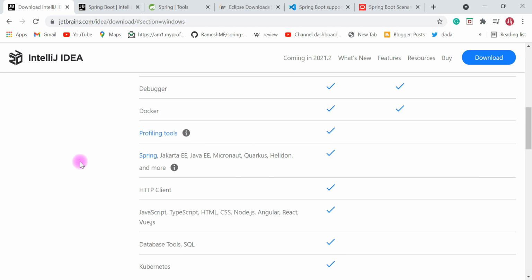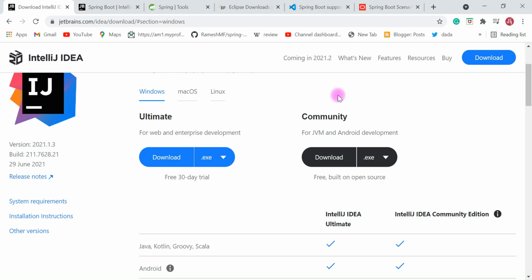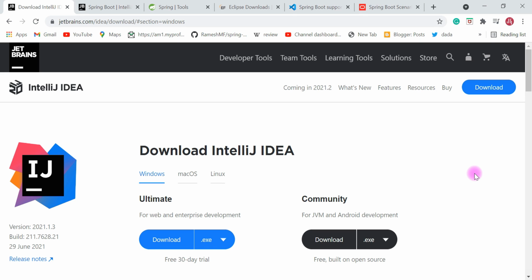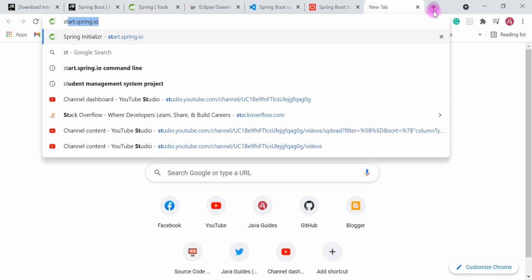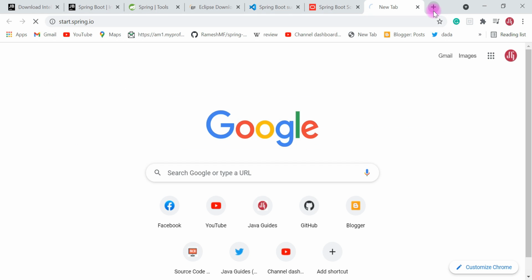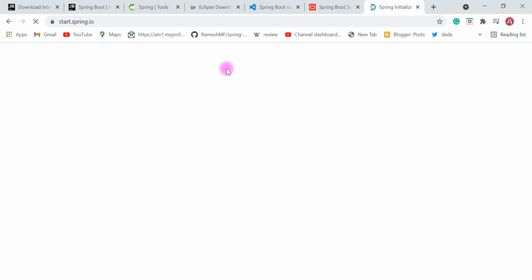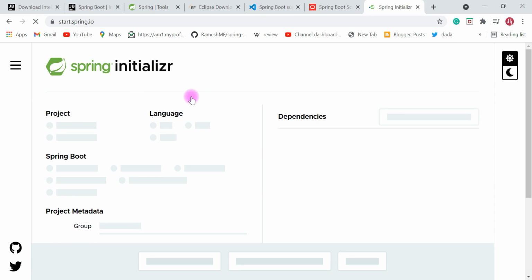All right, so even though IntelliJ IDEA provides a community edition, we can use it to develop Spring based or Spring Boot based applications. What you can do is go to Spring Initializr, for example start.spring.io, and create a Spring Boot application there.